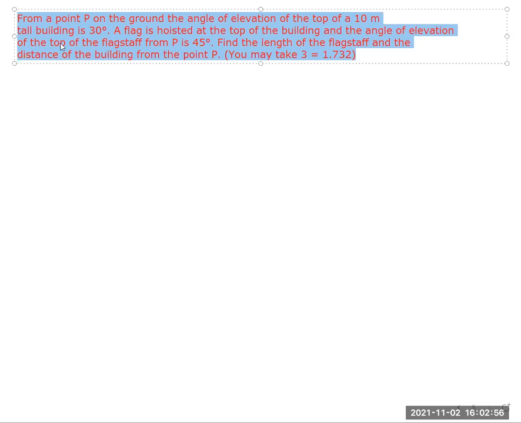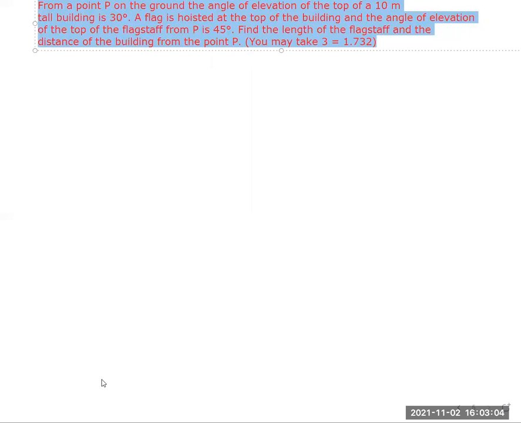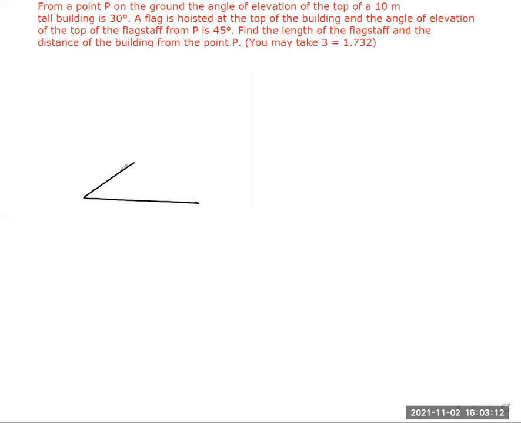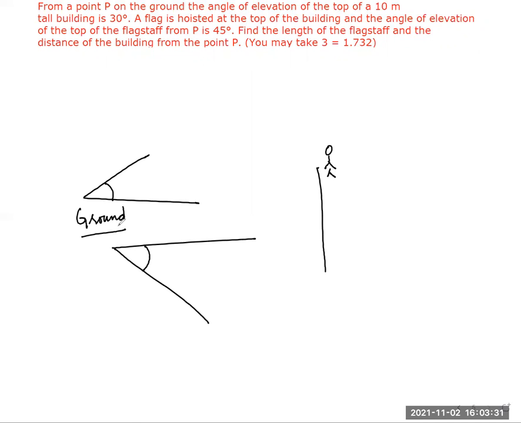Okay. So actually, if you want to solve this kind of question, it's better to make a drawing and clearly understand what the angle of elevation is. You already know that from the horizontal level, this is the angle of elevation. From the horizontal level, below is the angle of depression. Angle of depression is normally observed when you are standing at a height, and angle of elevation is normally observed when you are standing on the ground. Remember that.